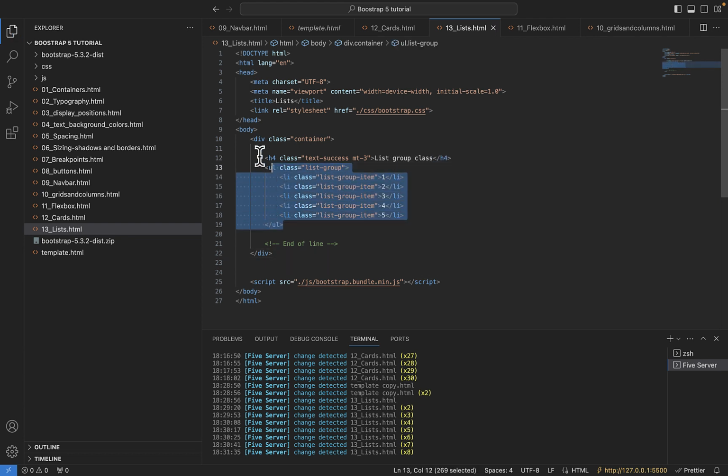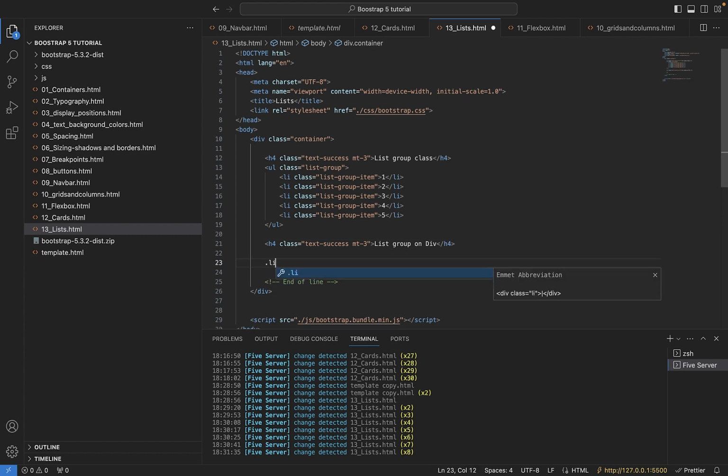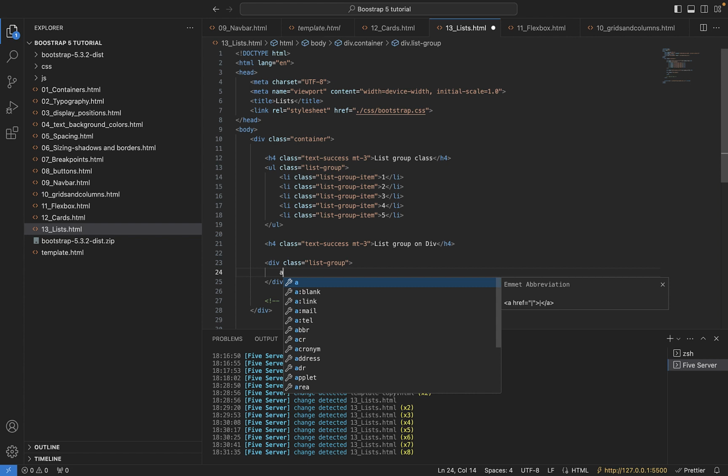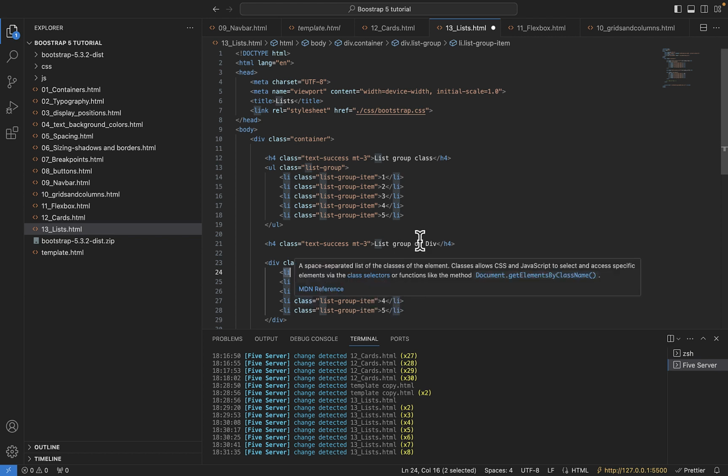The next one, where we want to apply this to, actually let me just code it out. So heading 4, and we say list group on div. So let's say we have a div with the class of list group, and then inside we can just have normal anchor items. Let's say times 5, and actually instead of repeating that, I can just take this inside and replace this li items or link items with